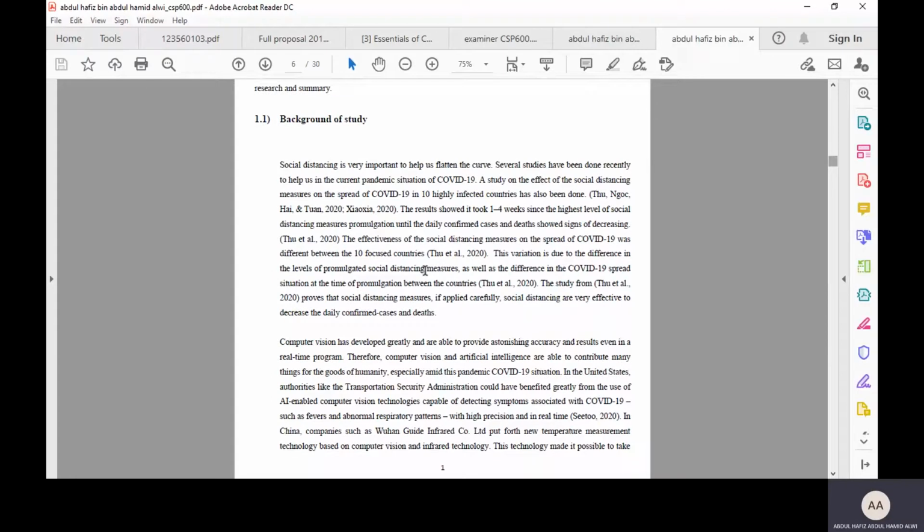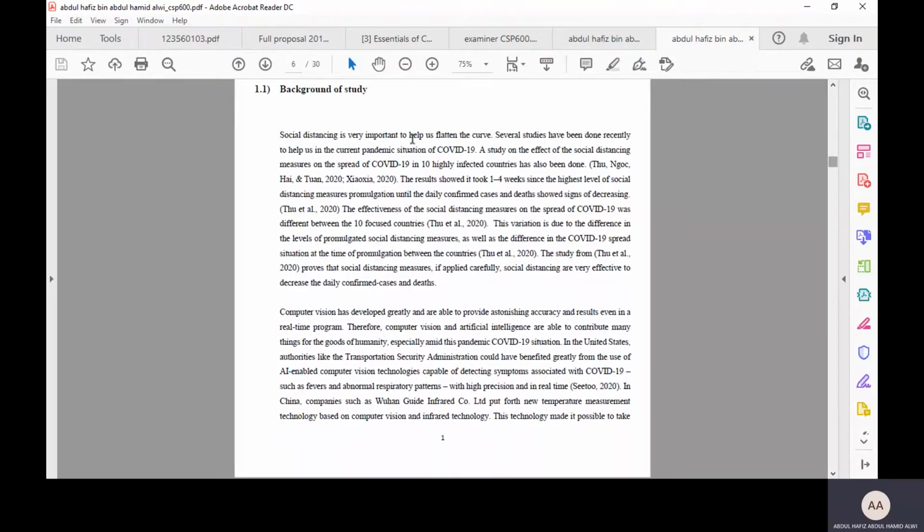For me, it's about social distancing violation monitoring using computer vision. First of all, in the first paragraph, I explain what social distancing is, based on the information I've gathered from articles, past researchers' journals, and also from online sources. That is what the first paragraph is all about. And for the second one is